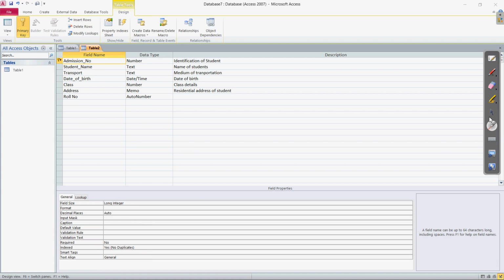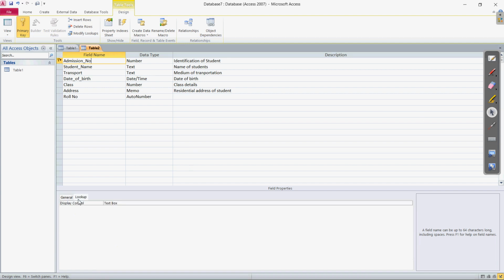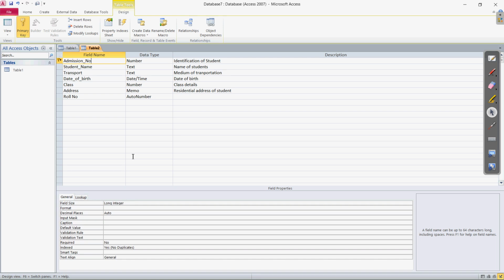And the lookup tab is used if you want to set up a lookup. We have already discussed that if you want to set multi-valued options, and out of those options you want to choose one, for that we will use the lookup tab. By using the lookup tab we can modify and set multiple values. Clear?